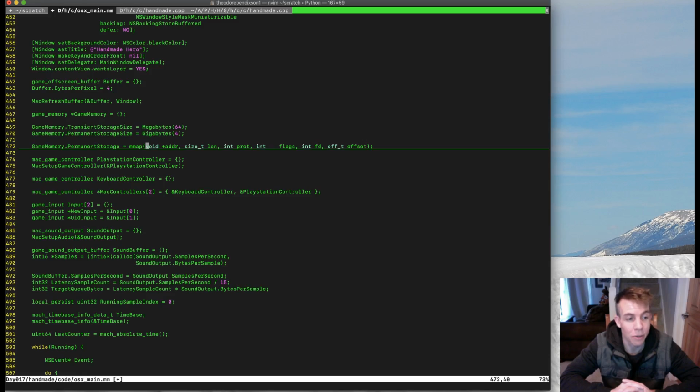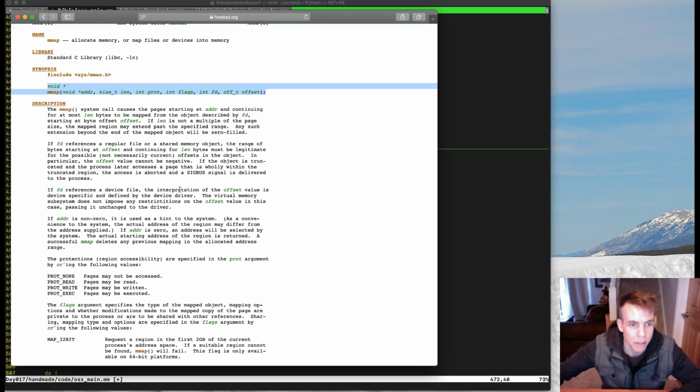And what I'm going to do is, because there are certain things where we don't need to care. So we don't really care where the sound buffer is. We don't really care where the display buffer is. Right, so there are parts of this where we don't necessarily care where that memory lives, and in fact, if we look at the documentation, like let's look at void star address for the address,